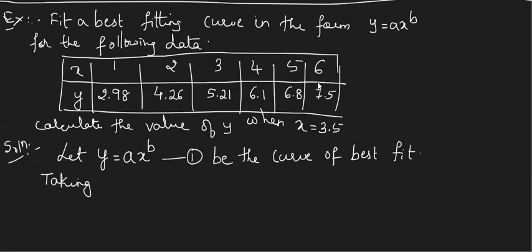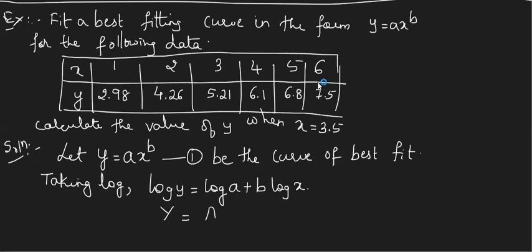Normalization. We need to apply log. Let us take. So it is log y is equal to, tell me the simplification of RHS if you apply log: log A plus what is log of x raised to b? B log x. Okay. So this is a variable, take it as y. This is a constant, take it as some a. This is b, just for convenience, write it in terms of capital. And log x also, take it as capital X.